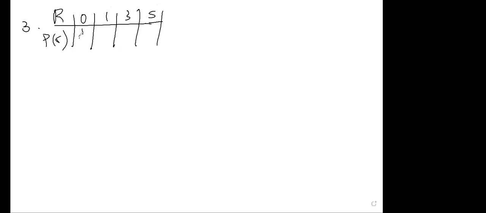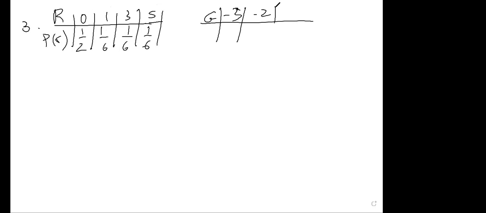So for 0 the probability was 1 over 2, and any other one was 1 over 6, based on the experiment we had. And for the gain, we had 1 over 3, 1 over 2, 0, 2. The probability for this gain was